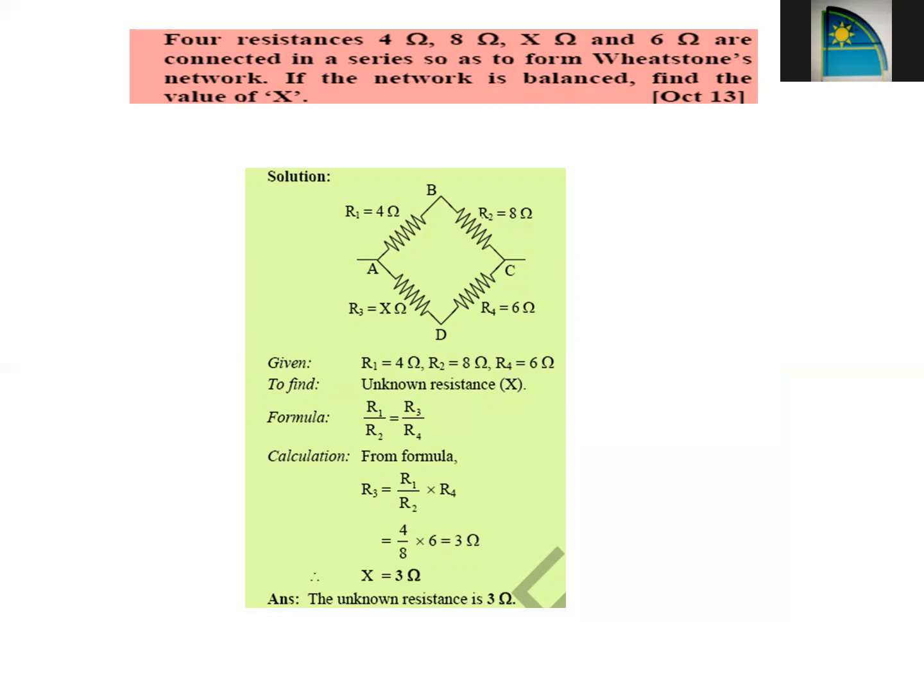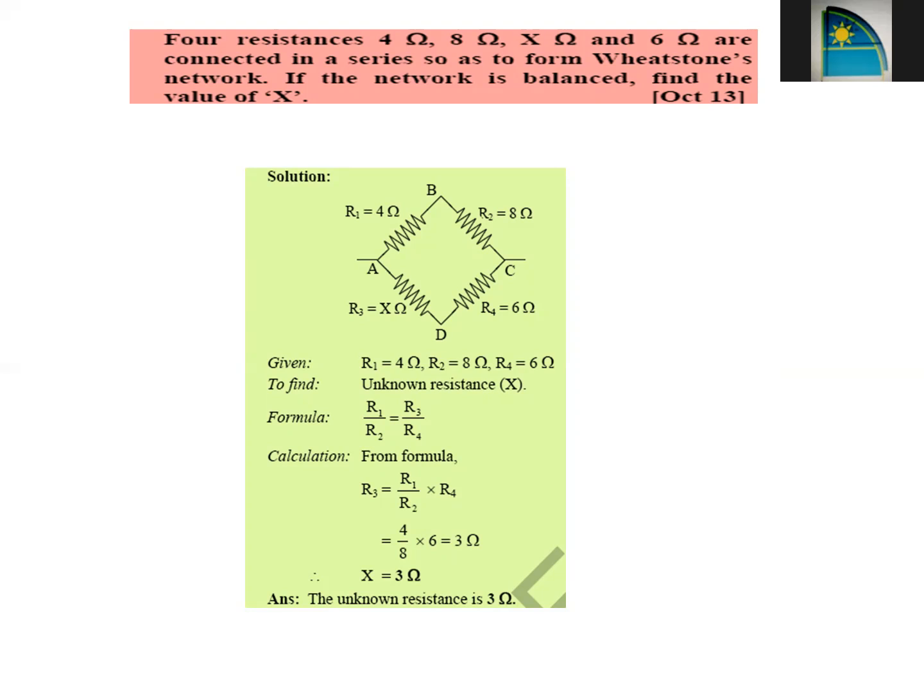All we need to know in Kirchhoff's law is that if the battery is giving EMF, or the current is going in the positive direction, you will take it to be positive, and if the battery is giving the current in the anti-clockwise direction, you will take the value of current to be negative. That's all. Kirchhoff's law is very easy. And then the application of Kirchhoff's law is the Wheatstone bridge. Wheatstone bridge is used to calculate the unknown resistance in any given circuit.